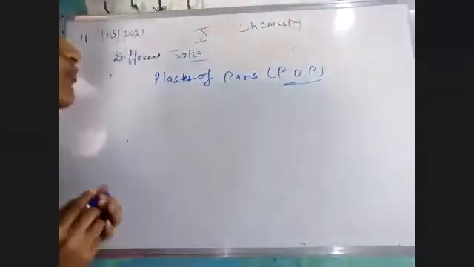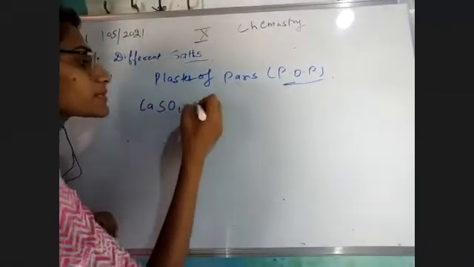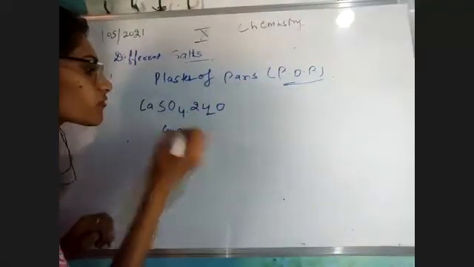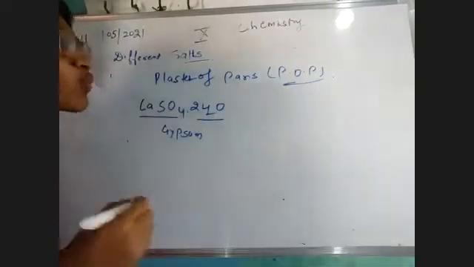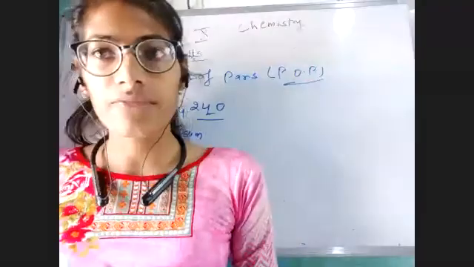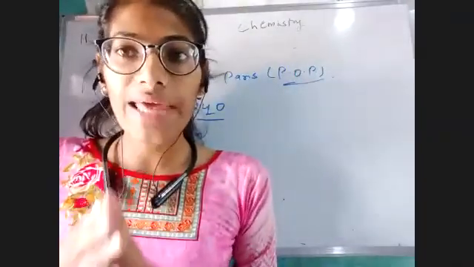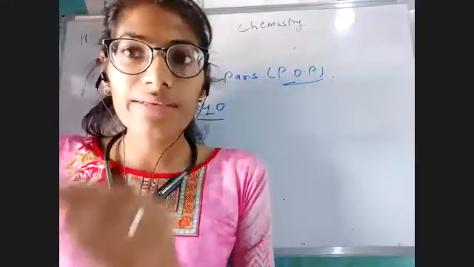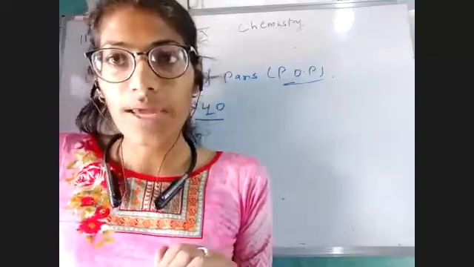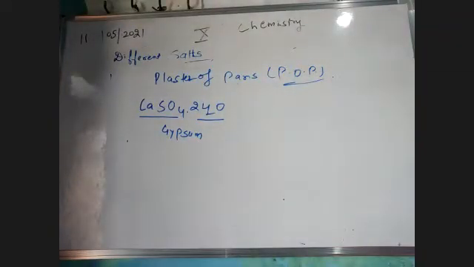So how is the plaster of Paris made? It is made by heating gypsum. This is known as gypsum, calcium sulfate with 2 moles of water. Now you would get why we are using calcium sulfate. You know very well that our bones are made up of calcium. And to give them support, we need something which is already made up of calcium. So from gypsum, that is calcium sulfate with 2 moles of water, whenever we heat it,